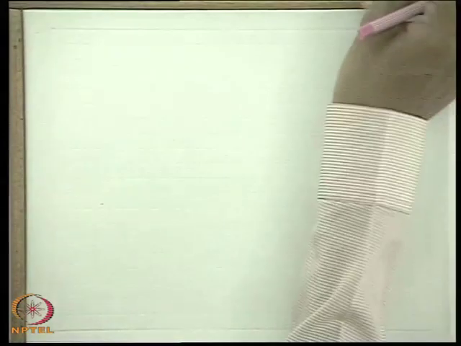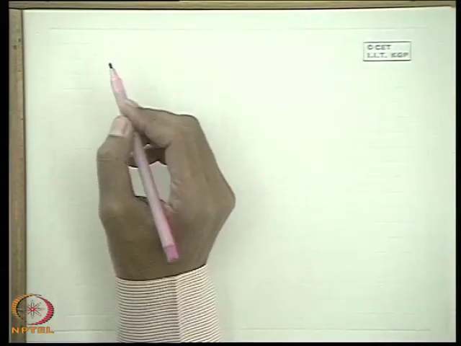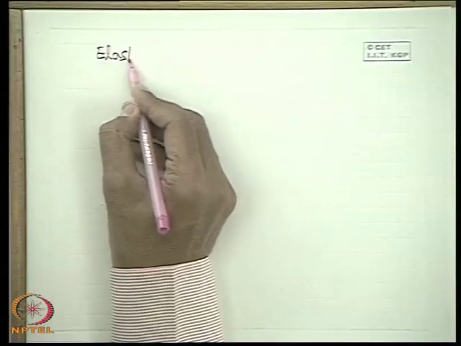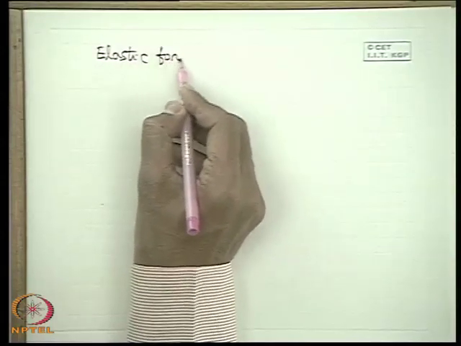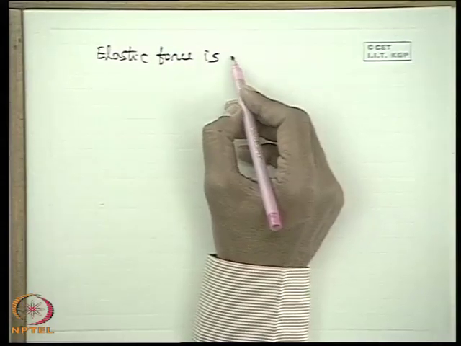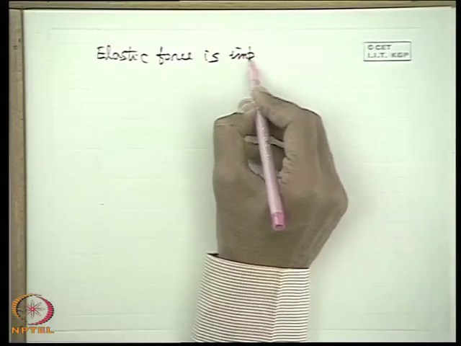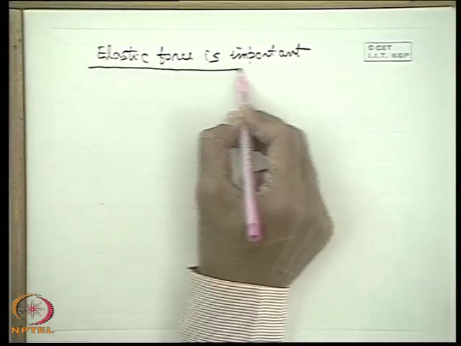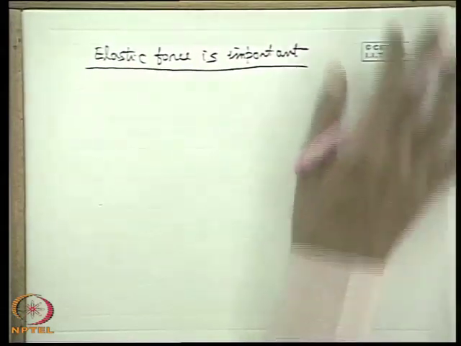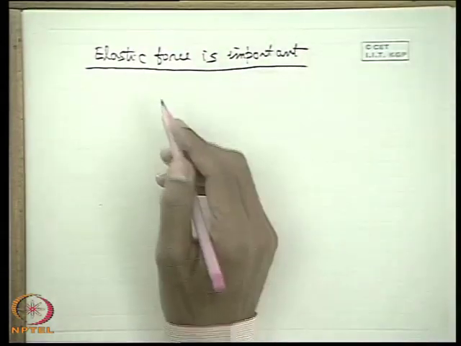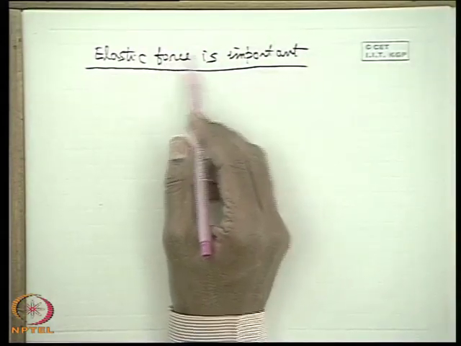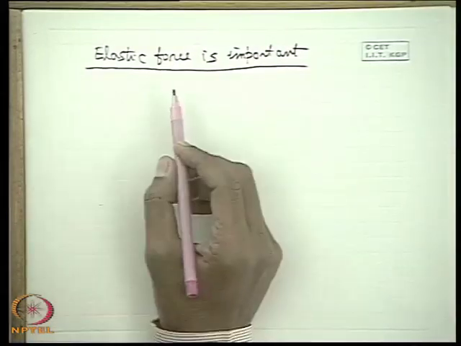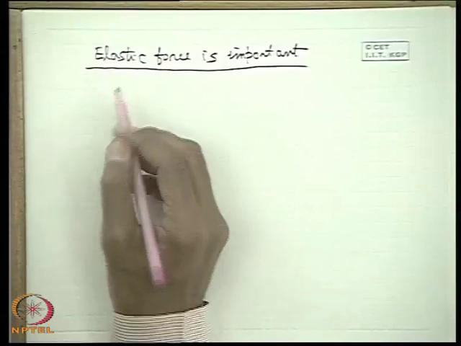Then I come to another type of flow situations where elastic force is important. Of course, this type of flow situation is beyond the scope of this book. This is important or dominant, whatever you tell, dominant. Earlier I wrote dominant, elastic force. In case of compressible flow, when the density of the fluid changes very fast with respect to pressure, this happens when the fluid velocity approaches sonic velocity or crosses the sonic velocity, then the elastic force becomes dominant.